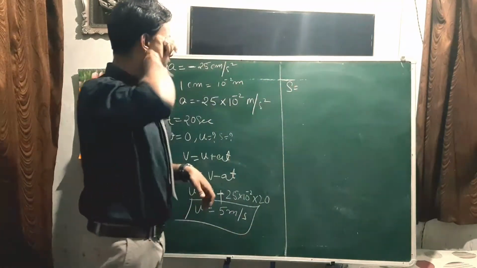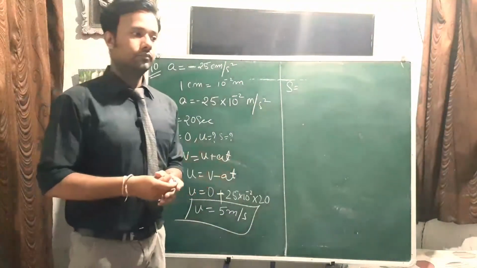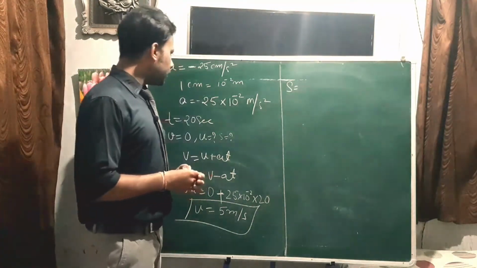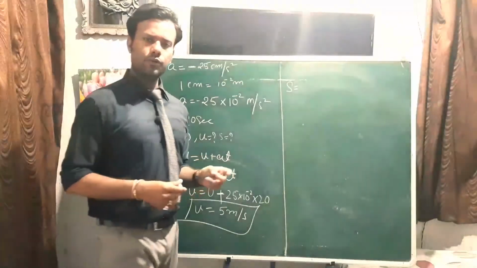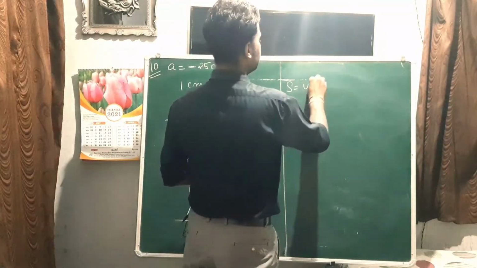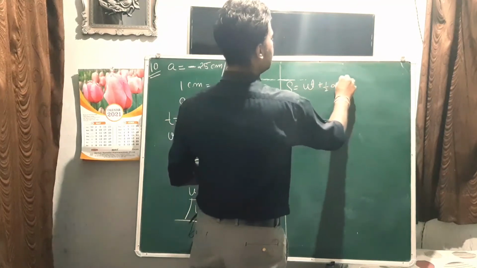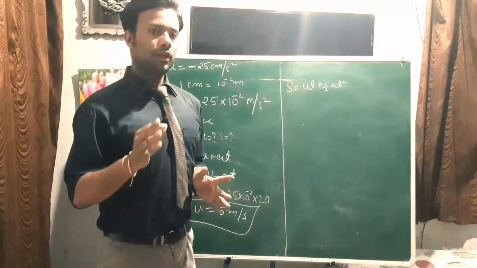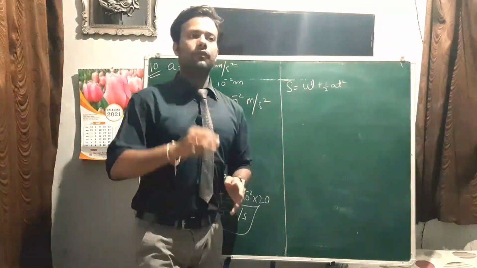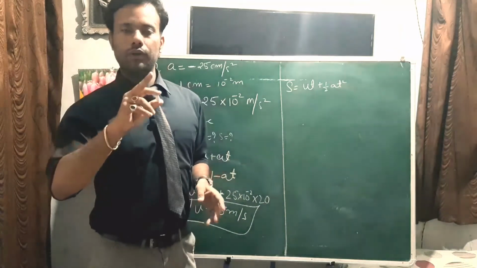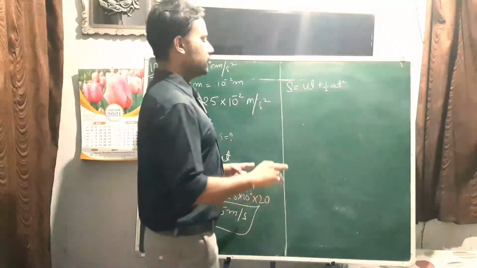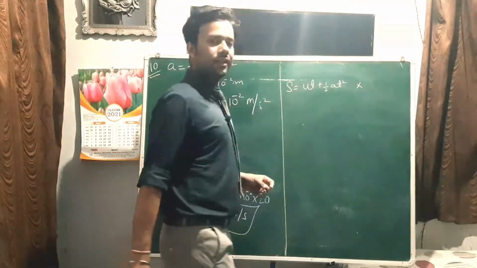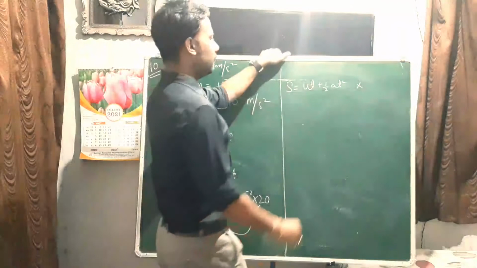So what will be S? We can apply the third equation because we don't have, yes, we have time. So we can apply the second equation also. So S equals ut plus half at square. We can apply the third equation also, and that will be easy because if we solve this question from the third equation, then one part of the equation will become 0 because in this equation v is 0. We can find the answer from the other equation also, but it will be lengthy. So we are not using that equation. We are using the third equation.